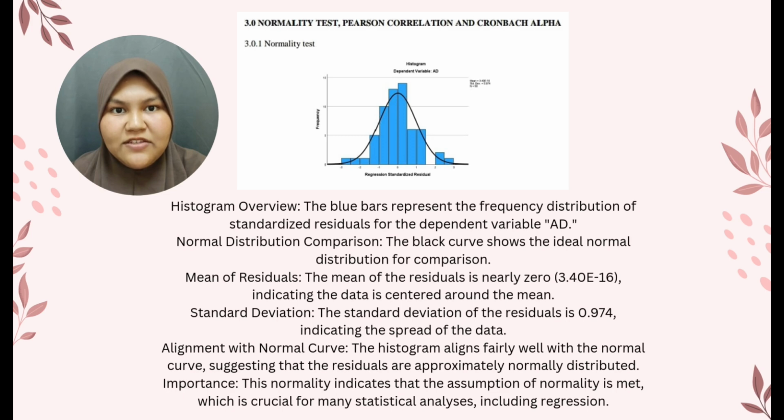males. For the normality test histogram overview, the blue bars represent the frequency distribution of standardized residuals of the dependent variable AD. For normal distribution comparison, the black curve shows the ideal normal distribution for comparison. The mean of the residuals is nearly 0, 3.40E-16, indicating the data is centered around the mean. The standard deviation of the residuals is 0.974, indicating the spread of the data. For alignment with the normal curve, the histogram aligns fairly well with the normal curve, suggesting that the residuals are approximately normally distributed. For importance, this indicates the assumption of normality is met, which is crucial for many statistical analyses, including